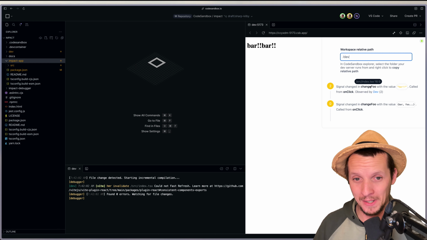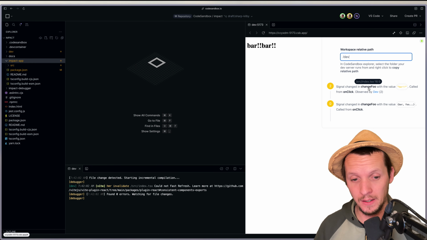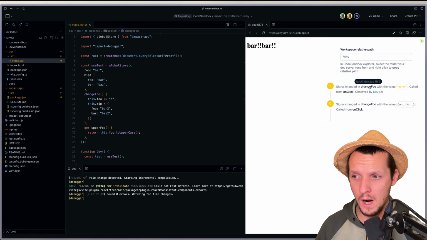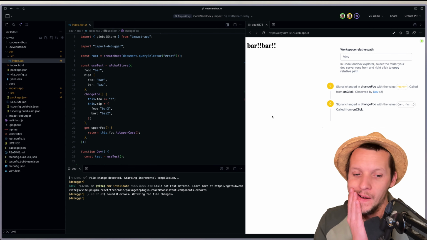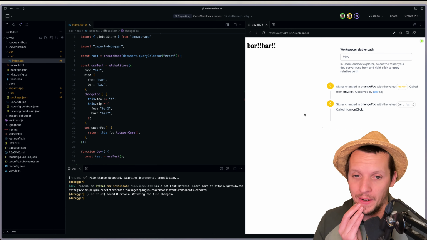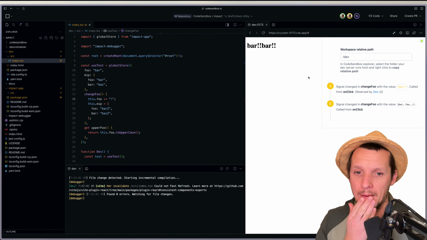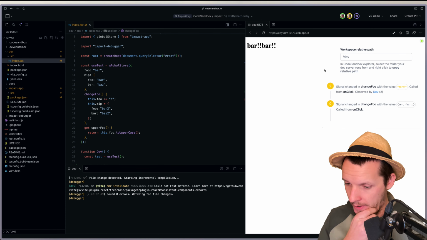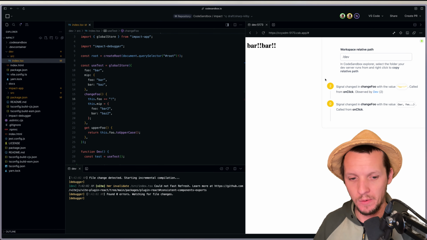And what's really cool is that this is an npm package, Impact Debugger, just loaded with the rest of this app. But if I click this, it actually opened the file in CodeSandbox on that specific line where it changed this signal. That's pretty cool. And this is something I'm exploring as a concept for CodeSandbox,